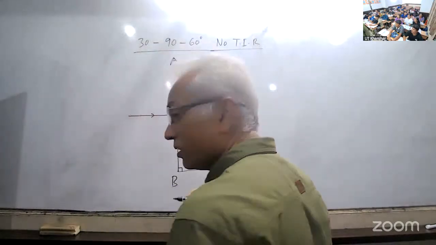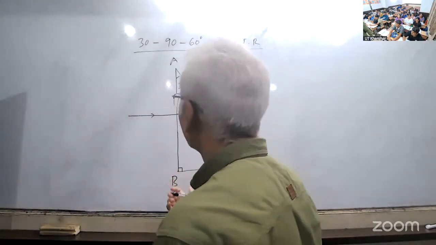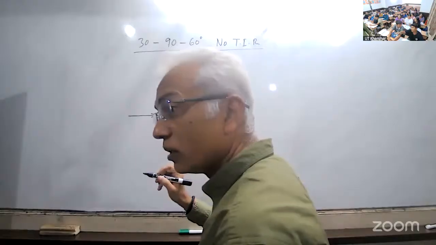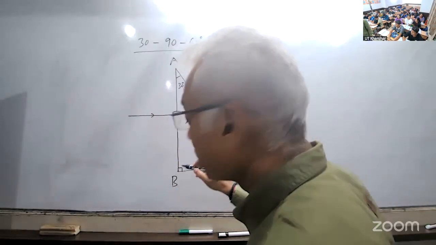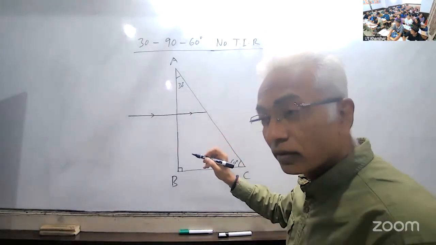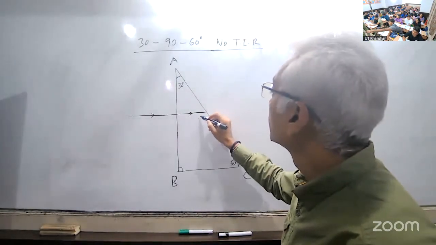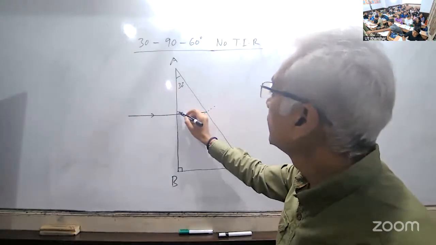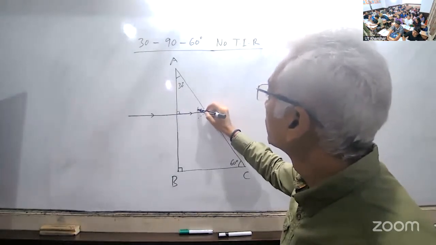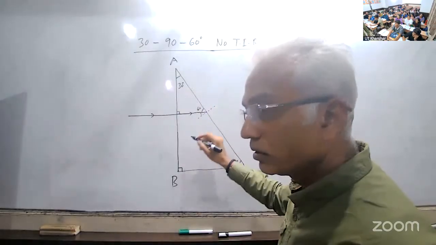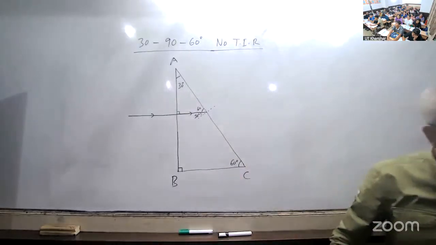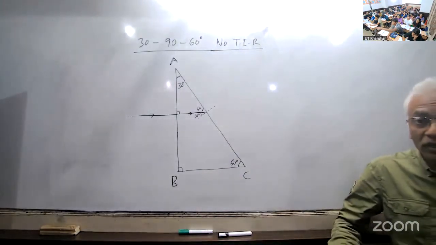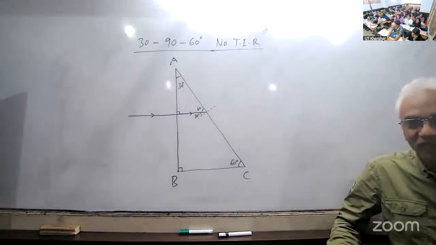I'm impressed. आदित्य राइट? ठीक है और क्या है? जल्दी से बोल। सही बोला है। कैसे सही है बता? ये 90 है, ये 60 होगा, ये 30 होगा, ये 30। तो अब क्या होना चाहिए यहाँ पे? टीआईआर होगा कि रिफ्रैक्शन होगा? टीआईआर होगा, यही उम्मीद की तुम।